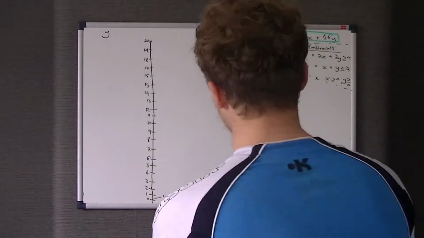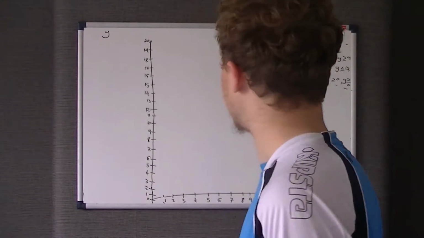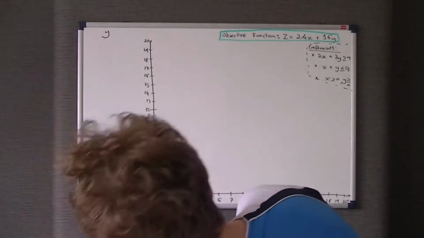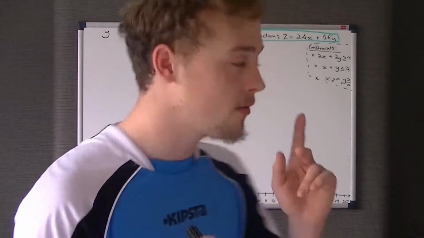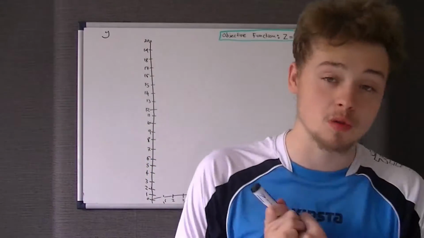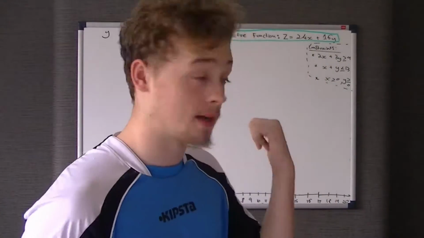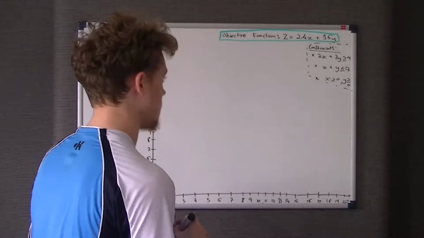So obviously we can't just draw that on, and you will never draw the objective function on. You might have to be aware of what it looks like. If you wanted to draw it as a line, you wouldn't do this, but if you did, whenever you see a normal gradient, that's going to be a straight line, quite clearly, because z is just a value, it's not going to change, okay? So you would rearrange it, so you'd get